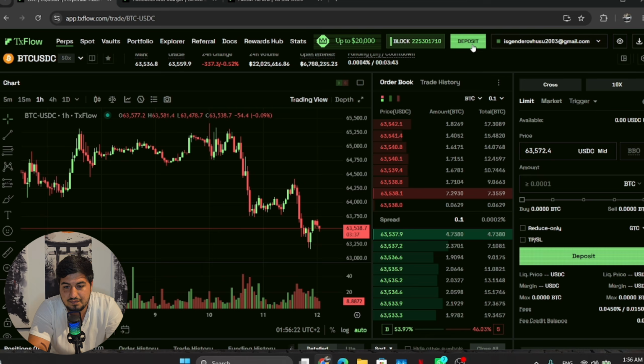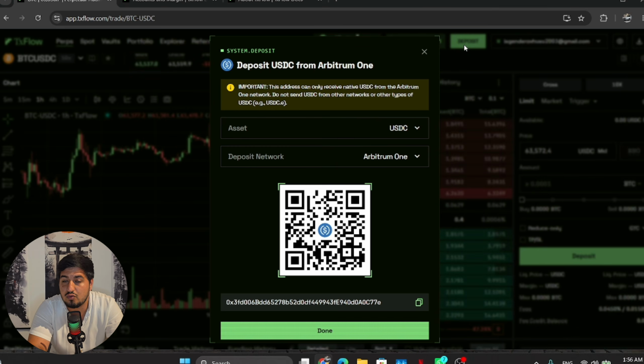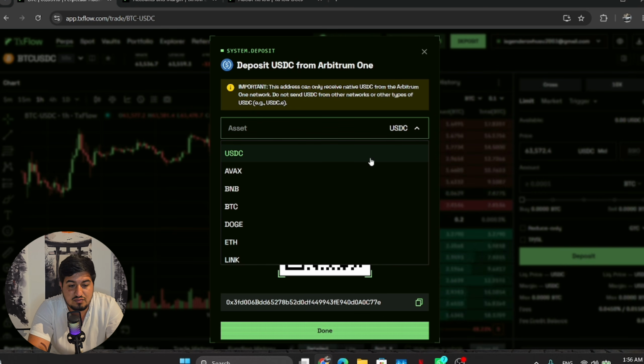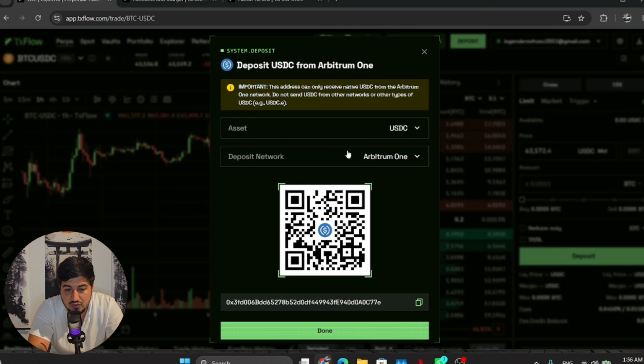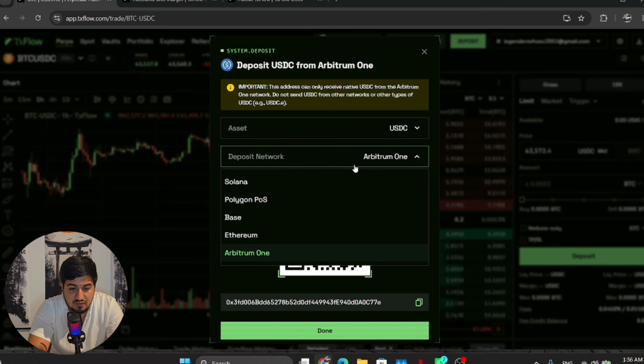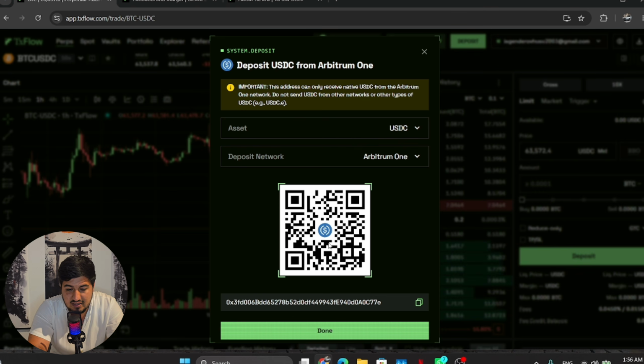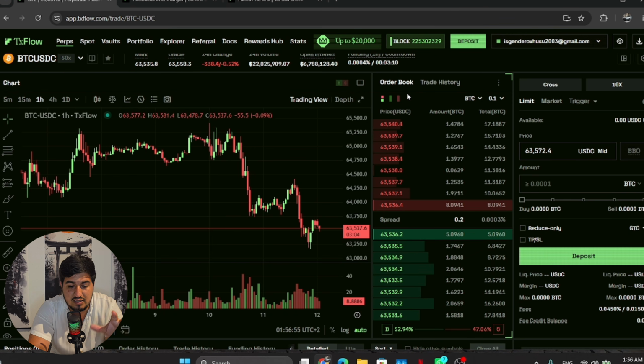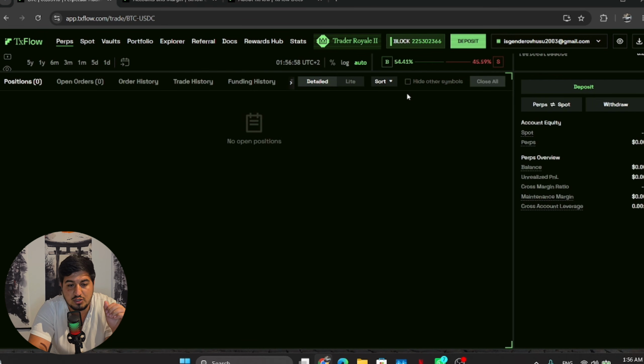So, you deposit your money through here. You can use either the QR code, or you can just choose the asset you want and the deposit network you want, take this scan, use the scan through your phone or any app you have, and you can deposit from your phone or your app to this balance, my friend. I think it could come instantly, shouldn't take too much time.